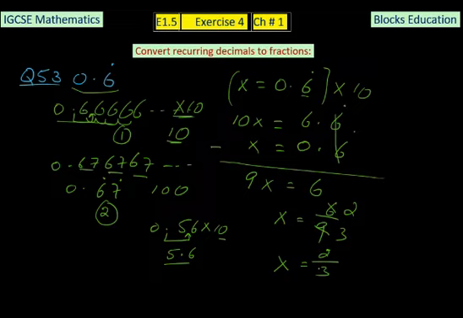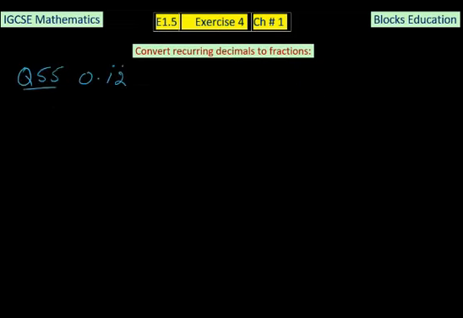So guys, this is the answer. Now look at question 55. It says 0.12, and see that we have a dot on two digits now, 1 and 2. It means that in fact this number is 0.12,